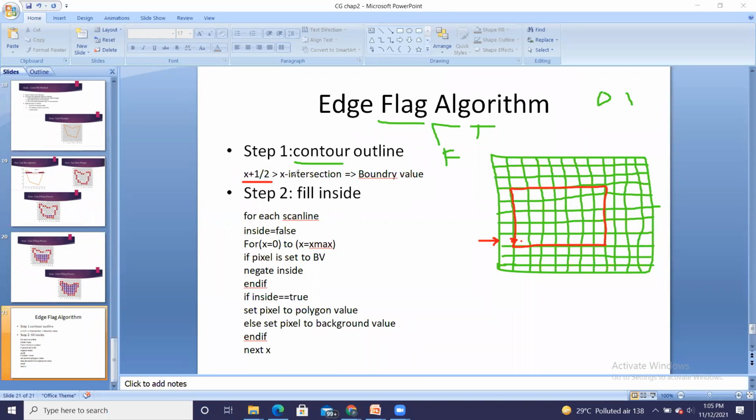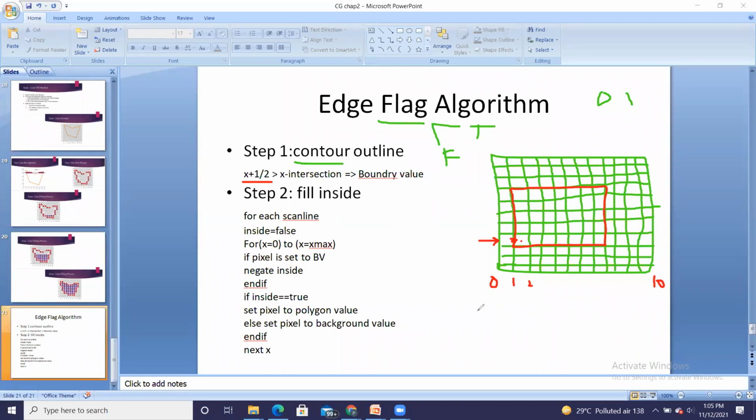When it will be true, x intersection is here, and all the pixels which are on the right hand side will have more value than that of x intersection. Understand? x intersection, x value here is 1. This is your grid where x is 0, x is 1, x is 2, x is 3, and so on up to x is equal to 10.